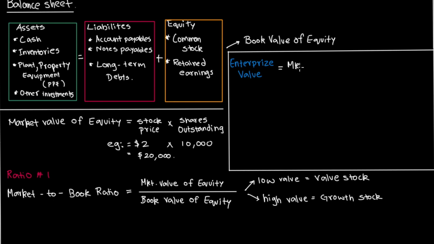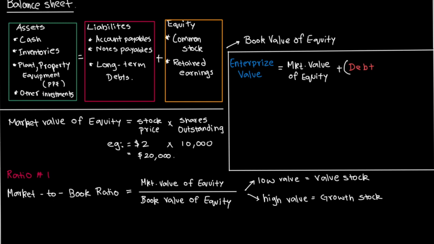So we calculate the market value of equity, right? We already have the formula over there. After that, we add the debt. This is the debt of the company, and this usually comes from the liability side of the balance sheet. So we get the debt from the company